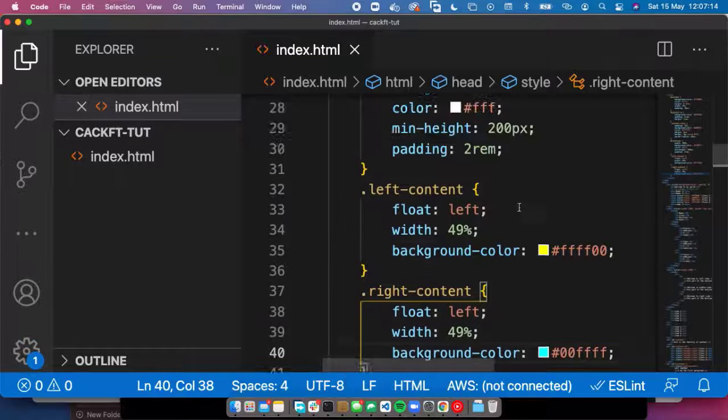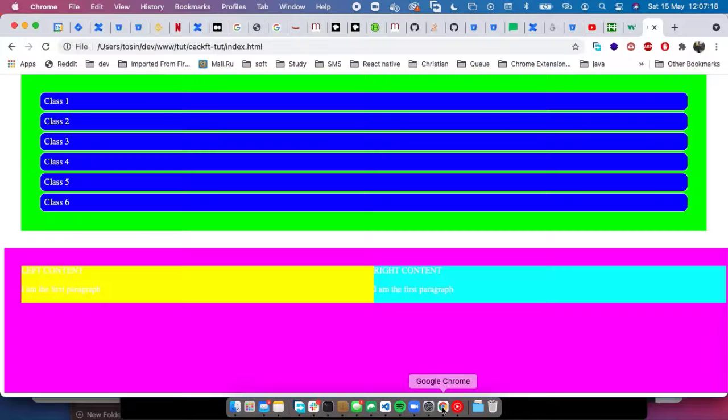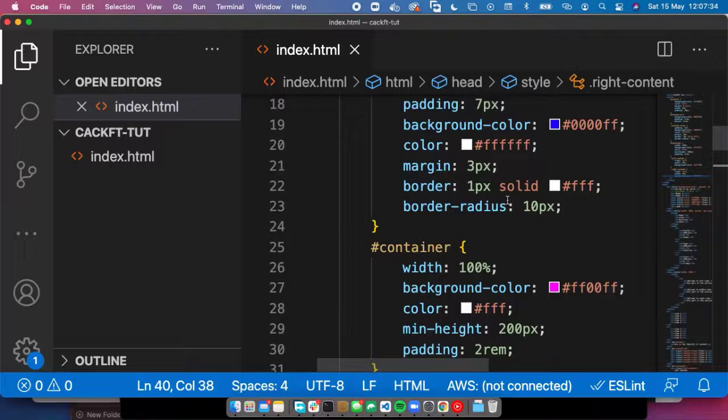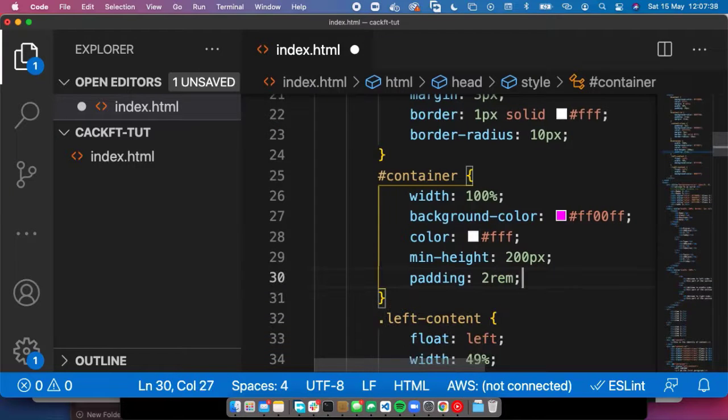Then remember, you can change this color alone, you can change this color alone, and you can change the whole section color at the same time too. How? Because we have a container that is holding everything, and that affects everything inside the container. So from the container here, you give a color. Okay, we already have a color. You can change it from white and give it